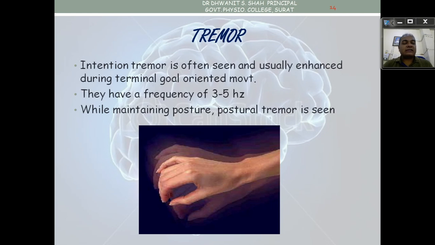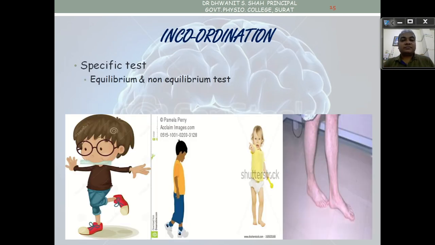Movement decomposition, already discussed: the movement is divided into small components and the patient completes the movement, not able to do the movement in one sequence. Tremors also we see; it is an intention tremor in the patient. When starting the movement, which is difficult, tremors happen in small frequency. As the patient reaches the target, tremors increase, and going back again they decrease, but when reaching the target and placing the glass on the table, again they increase. When reaching the target endpoint, tremors increase in frequency. It is also seen in posture, when the patient is standing straight.